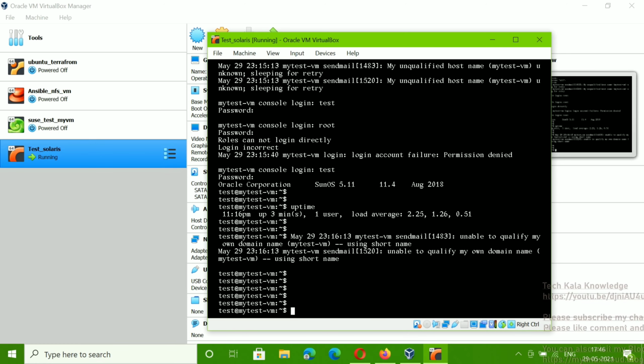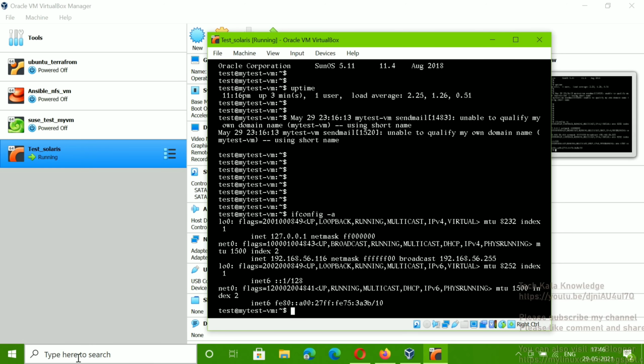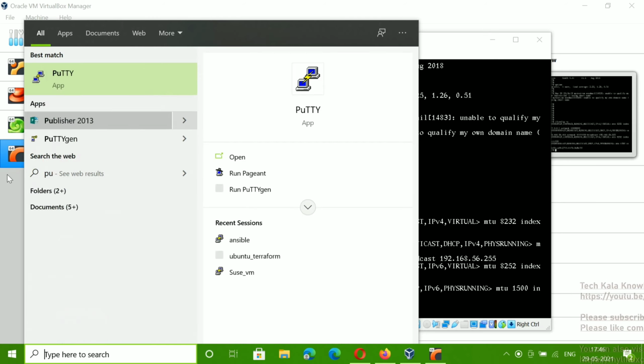Now let me check what the IP is. Let me log in through PuTTY now, then I will show you.